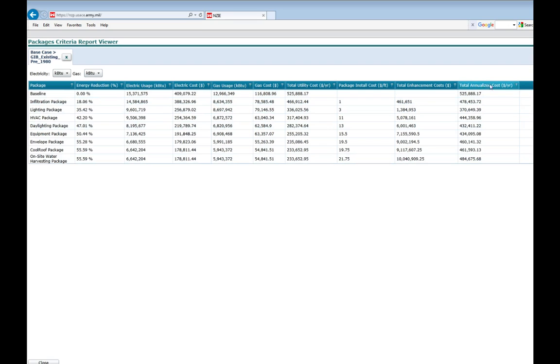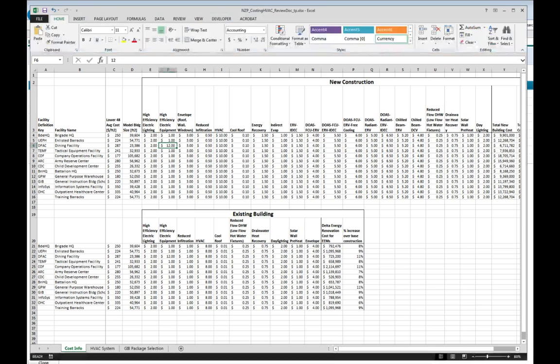But this is the annualized cost. So this is the annual utility cost plus, and you see at the baseline, the utility cost just goes straight over per year. But then you take this by the study life, so you divide that out and add that to the utility cost, and then we can see how that plays out here. Now, if you remember when I put that chart up and how we do the costing,